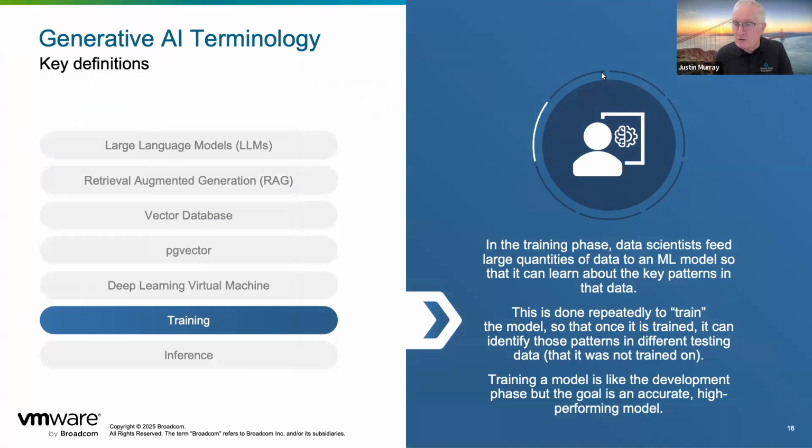Two general terms that I need you to have in your back pocket are about the training of a model. There is this term called foundation model training, which is training a model from scratch. And we're not actually advocating that you do this, and I'll give you the reasons why.